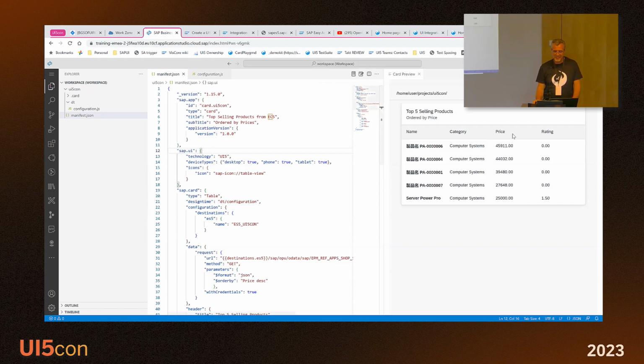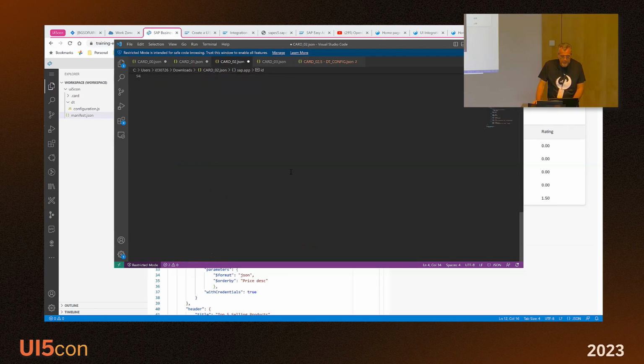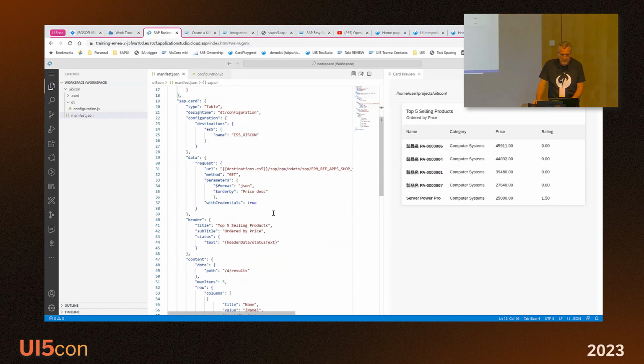So one thing is, for example, I see here a price column, but okay, I don't see an indicator. What is the currency? So is it United States dollars, or is it euro, or whatever? And integration cards come with some filters or some formatters, where you can, again, declaratively express that certain fields need to be formatted as a currency. Okay, so to make the price look like currency, I have prepared just the value will not go directly with the price field, but will be formatted. And the formatting looks like,